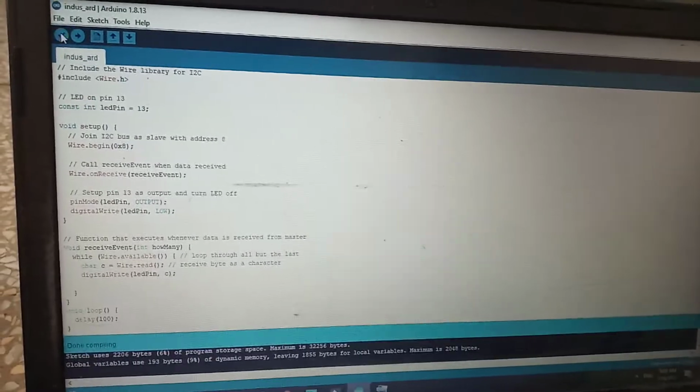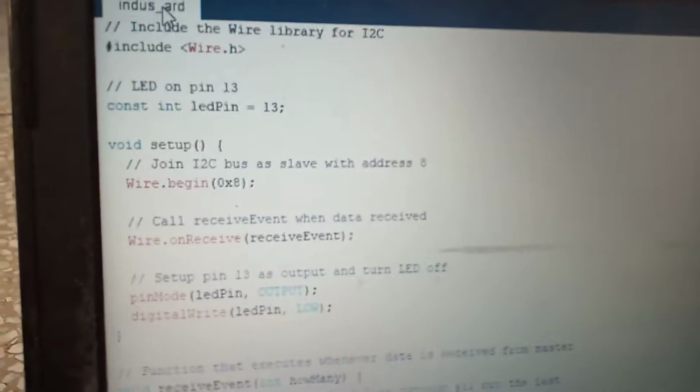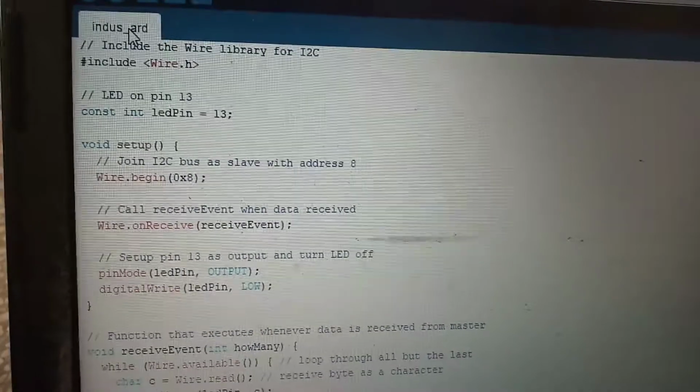So after connecting the Arduino and verifying and uploading the code, you have to check the Raspberry Pi code and set the address of the port where the Arduino is connected on I2C.